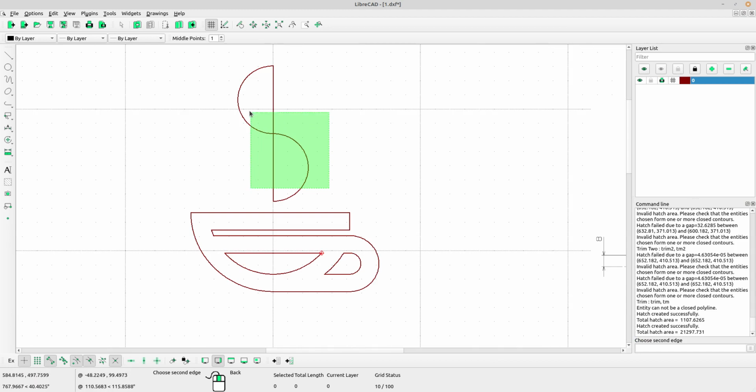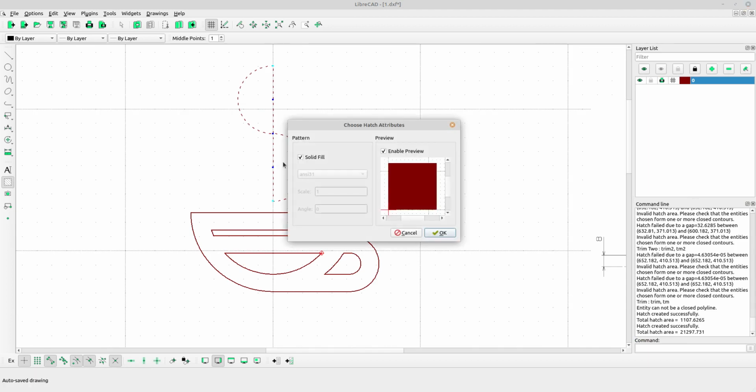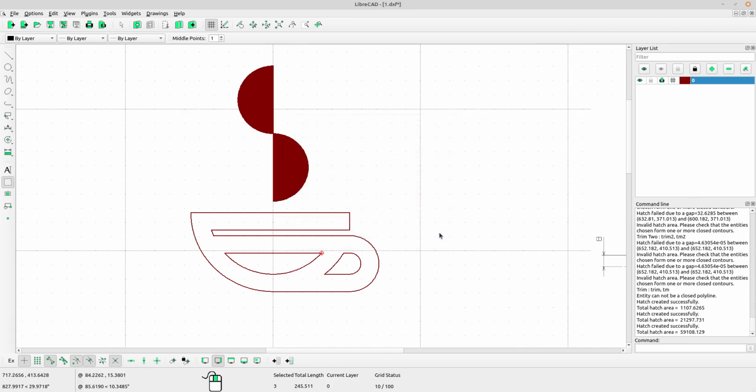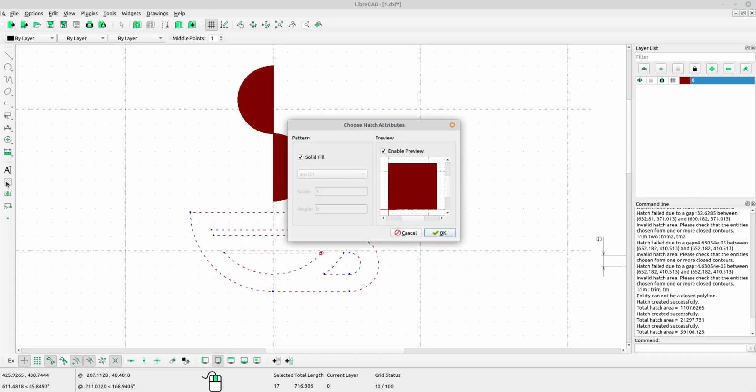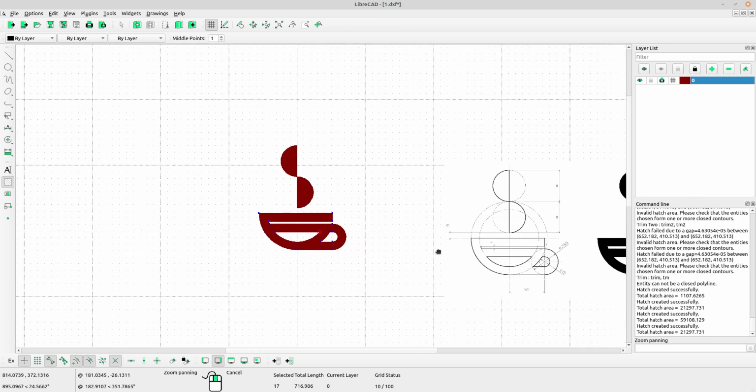Now select the drawing from this one and select edge tool, mark solid fill and click OK. Now select the glass and select edge tool and mark the solid fill, click OK. Okay,